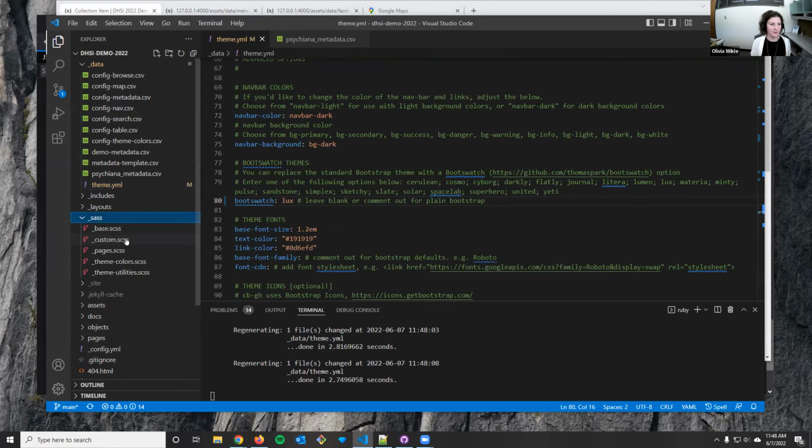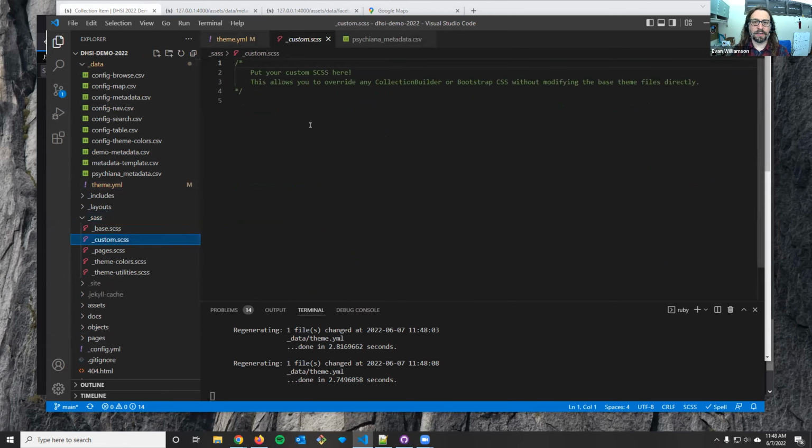Yeah, so you totally can customize the CSS by just adding a couple extra classes. Oh yeah, Olivia's trying. Sorry, I'll let you do that. Okay. So over in this sass folder here, if you just want to make a quick change to the way that something looks, or you're adding new elements to your about page, for instance, you can add that new custom CSS here in the custom.scss